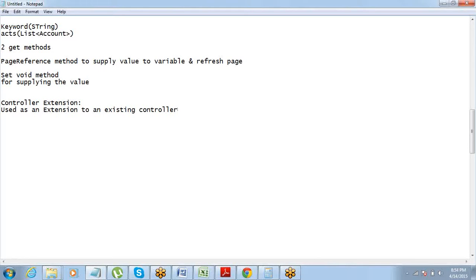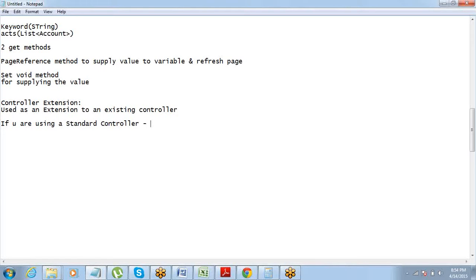The other place where you can use an extension, think about it. If you are using a standard controller, you have created a page which uses a standard controller. Standard controller means default controllers created by salesforce.com, which are by default available to us.